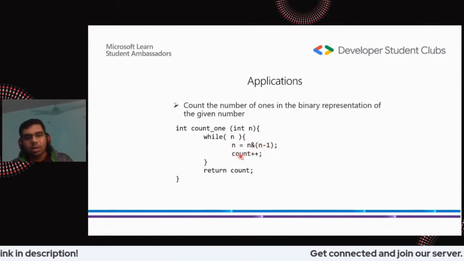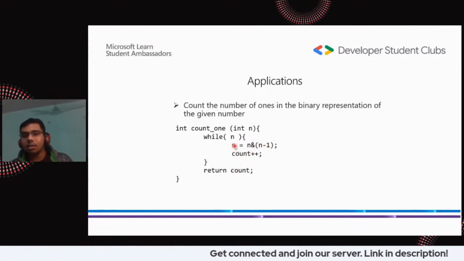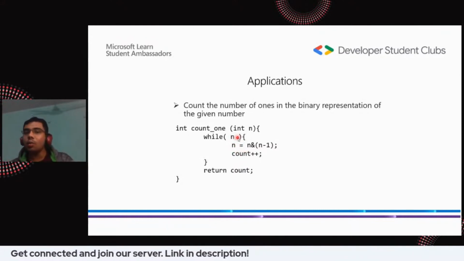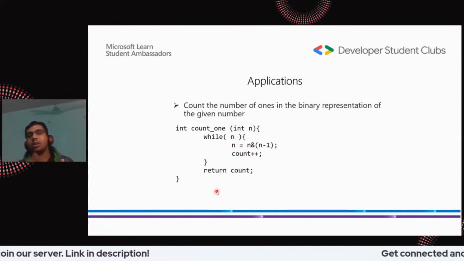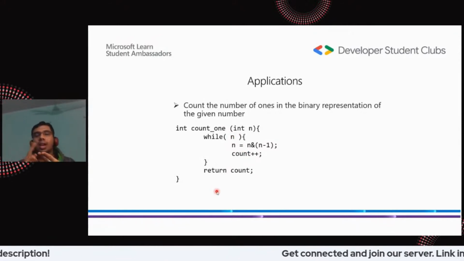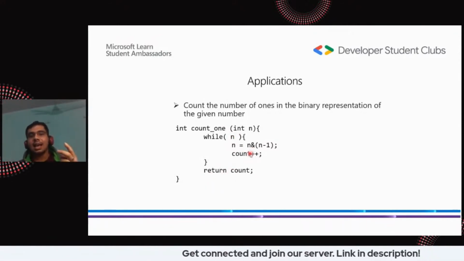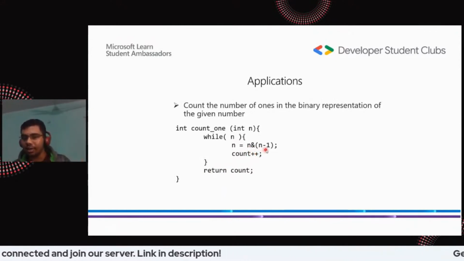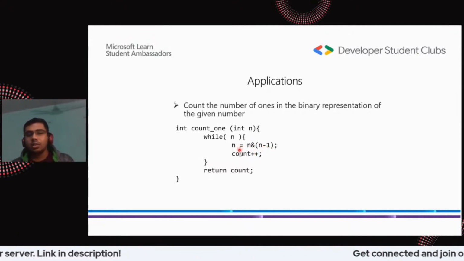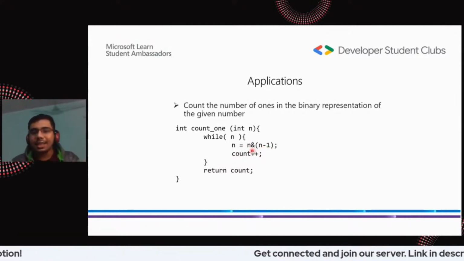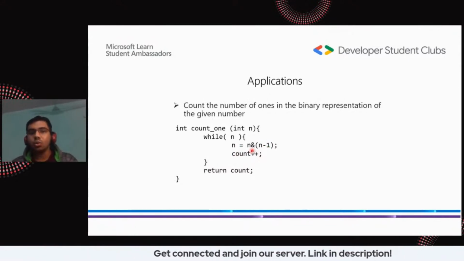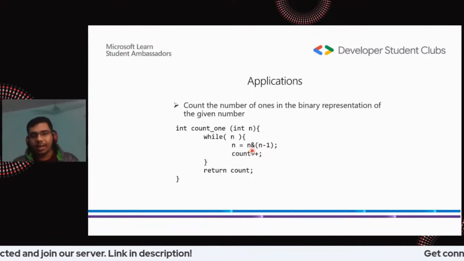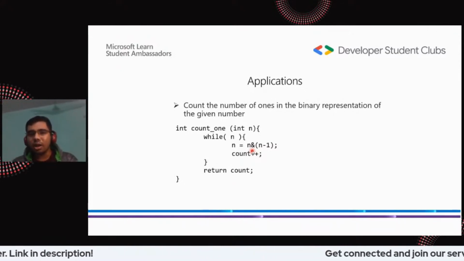So now it again does the count plus 1. So ultimately n got stored here as 0 0 0, right? The loop breaks and the counter stops. So the counter got incremented 2 times. Once when you do this AND operation on 3 and 2, and the next when you do the AND operation on 2 and 1. So that is the 2 times the counter ran, and this returned our result. Our result is 2. In the binary representation of 3 we have two 1s, right? So that's how we got our result.